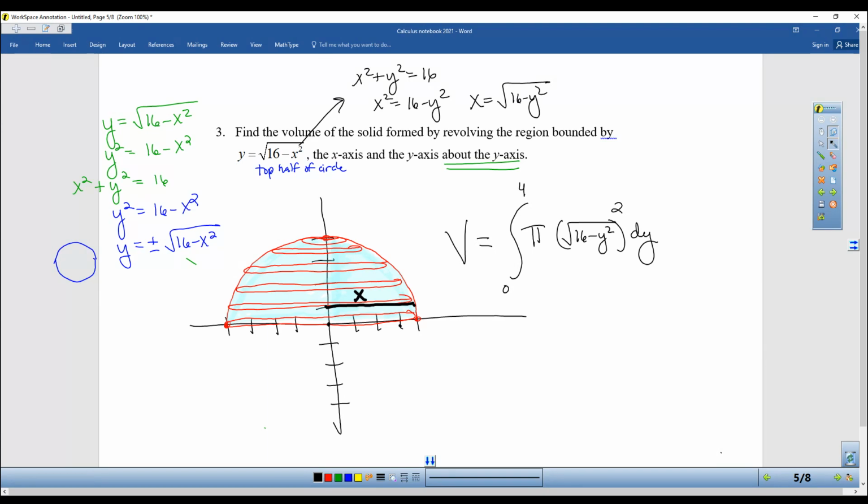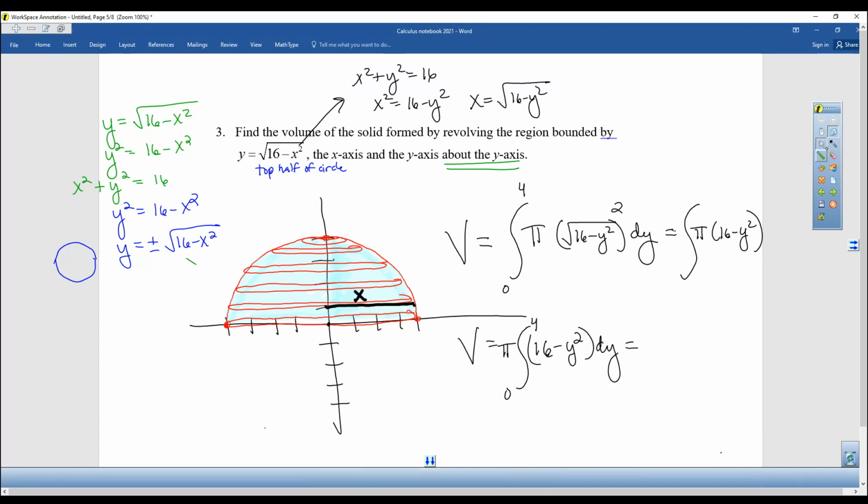Now, if you were to do this one on your calculator, ironically, you would change it back to x's because we always use x's on our calculator. But we'll do it by hand. The volume is equal to, I'm going to put the pi on the outside, from 0 to 4. Fortunately, because the square root is being squared, it's just 16 minus y squared. So 16 minus y squared dy is going to be equal to pi